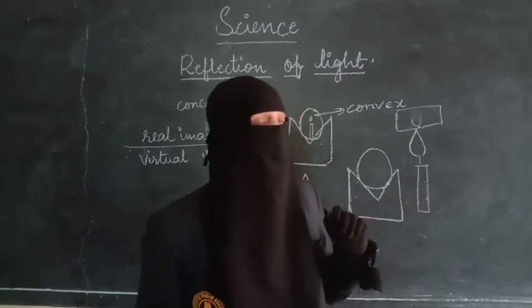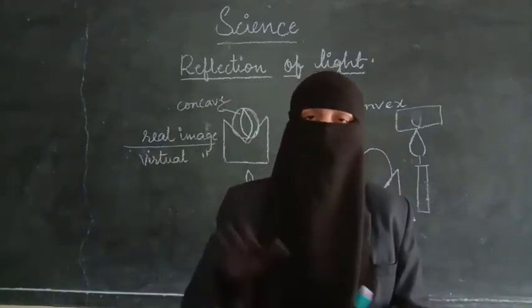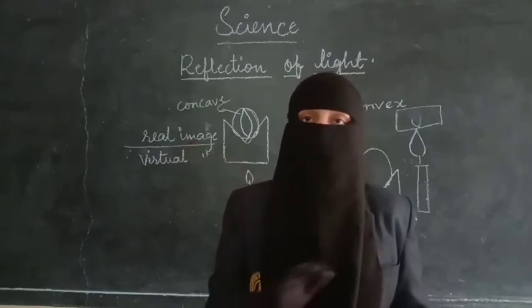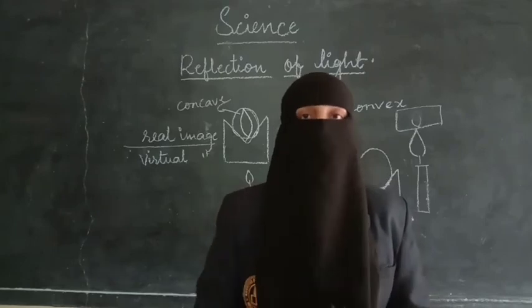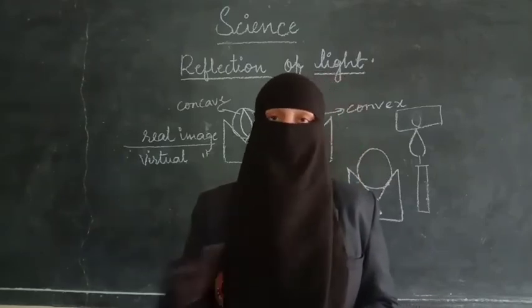On that we can see your image is very clear. You look beautiful, very good in that. And in some mirrors, your image will be very bad. It will be blurry, the image will not be clear. Sometimes the image will not form. What is the reason here? That is because of reflection on the surfaces.